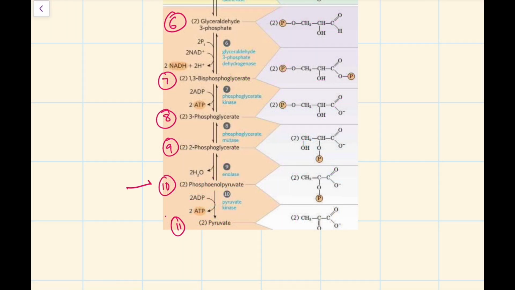Alrighty, so that brings us to phosphoenolpyruvate, our 10th intermediate. A lot of people call phosphoenolpyruvate PEP because it's easier to say and write. So we convert 2-phosphoglycerate to phosphoenolpyruvate, or PEP, with the enzyme enolase, and this also releases 2 waters. So something that is cool about phosphoenolpyruvate is that it is a very, very high energy intermediate in glycolysis. This is very important. It's a super cranked up molecule,